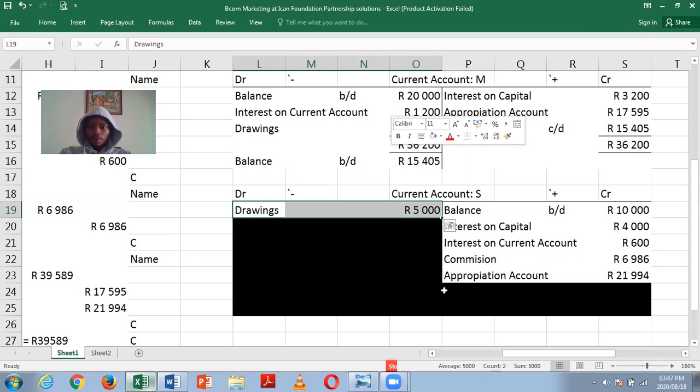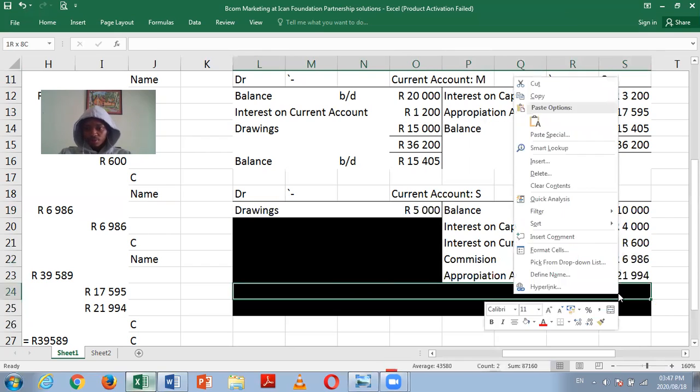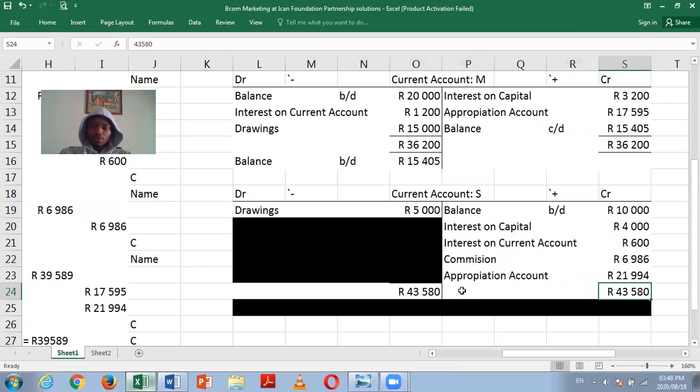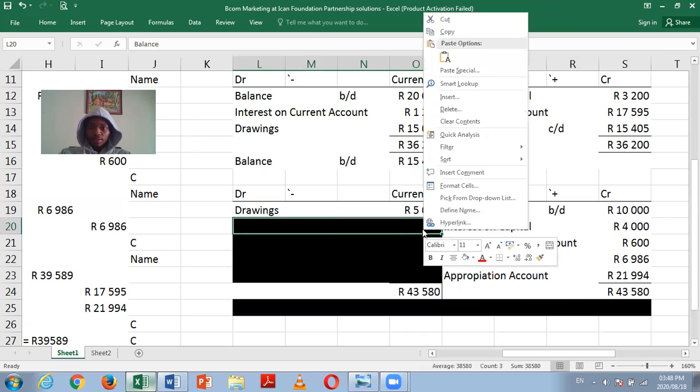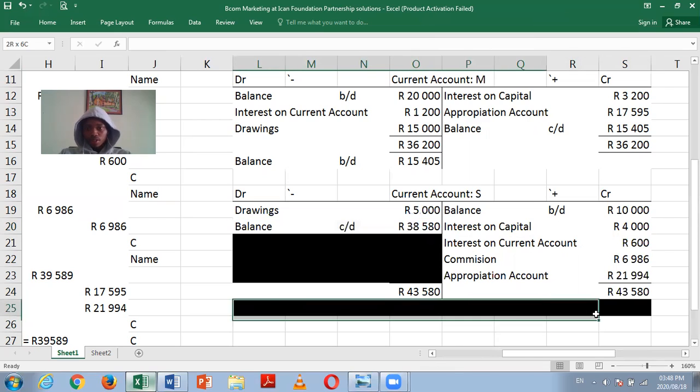Nothing. Okay, by just looking at the ledger, which side is greater? Obviously it's going to be the credit side. It's not always obvious, but I'm saying obvious based on the information that we have here. So we have 43,580, minus 5,000, and you have what we call the balance carried down, which is the balancing figure. How much is it? 38,580. So the balance carried down will be your balance brought down,